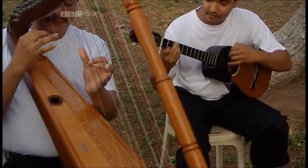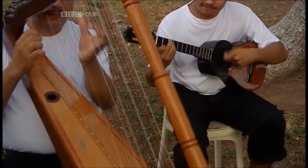I suppose the most important thing about joropo is that it has a harp. The harp is the most important instrument in it. Harp, which never plays alone. At least it has to play with the maracas. But it also usually plays with a cuatro, which is a small four-string guitar. And then it can also play with a mandolin and with a bandola, which is a kind of lute, plucked